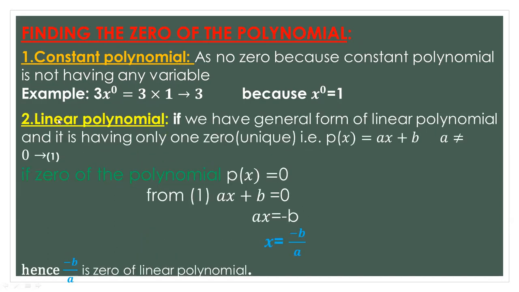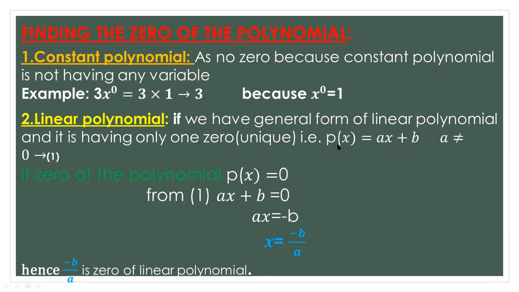So next is the linear polynomial. We have studied the definition of the linear polynomial in the previous class. Linear polynomial means what, students? Yes, the polynomial whose highest degree is 1. Such polynomials are called linear polynomials. Due to that, a linear polynomial has only one zero. And one more thing, a linear polynomial has a unique solution. From these two reasons, a linear polynomial has only one zero.